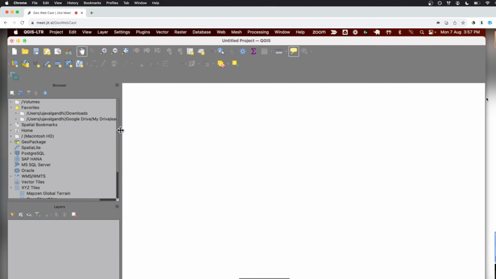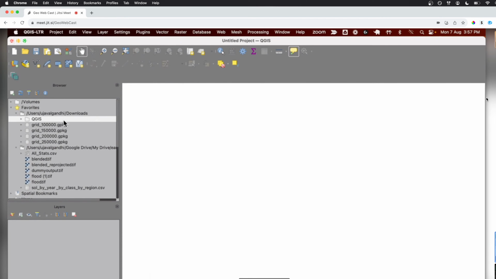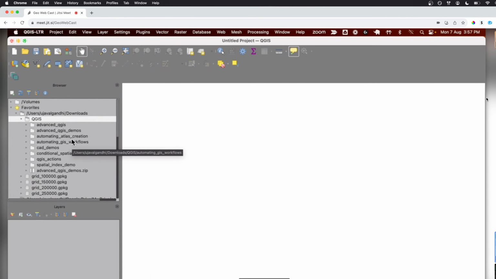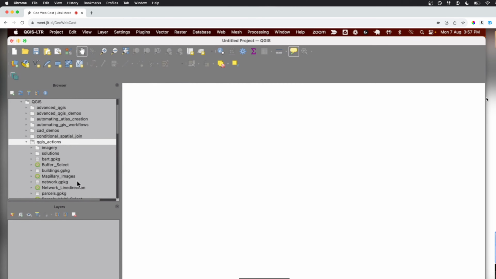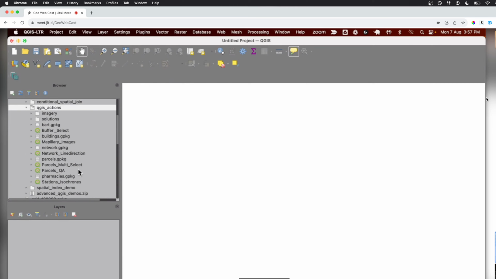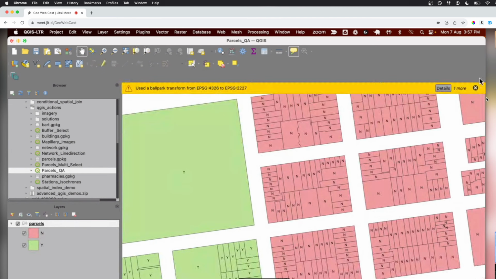I have a full course on QGIS Actions. So if you want to check it out, you can just go to my OpenCourseWare and get all the material, if you want to learn step by step how to do this. But let's say, so actions are something that you can trigger when a user clicks on a feature.